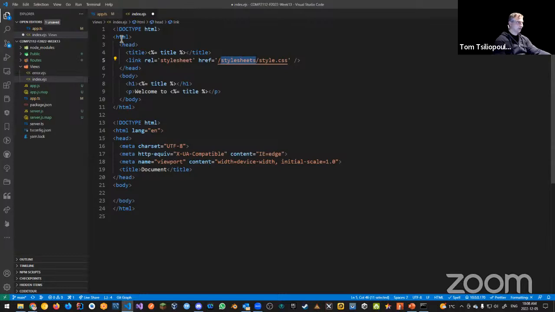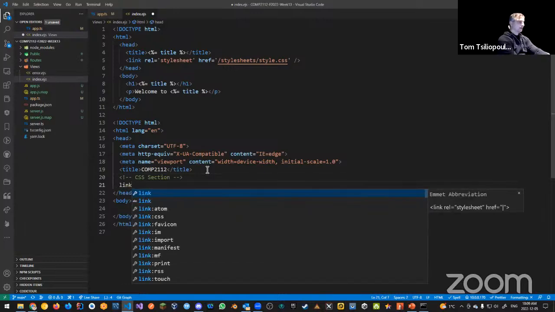And the way to do this, I'm going to get rid of this part in a second. But the way to do this is, instead of document, this will be our website. So we'll call this COMP2112, right? This is what I want down here. And just like we've done before in the past, this is our CSS section. And in our CSS section, the first one we want is our link